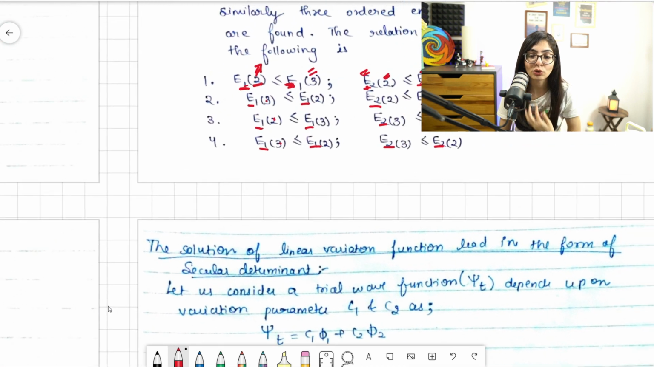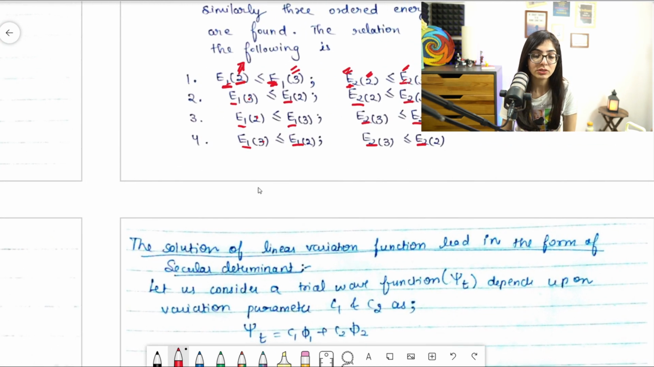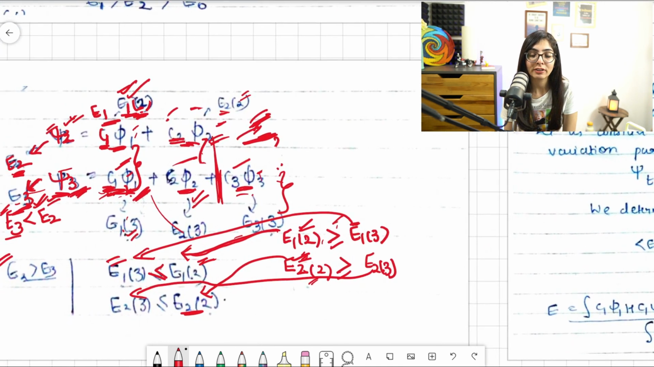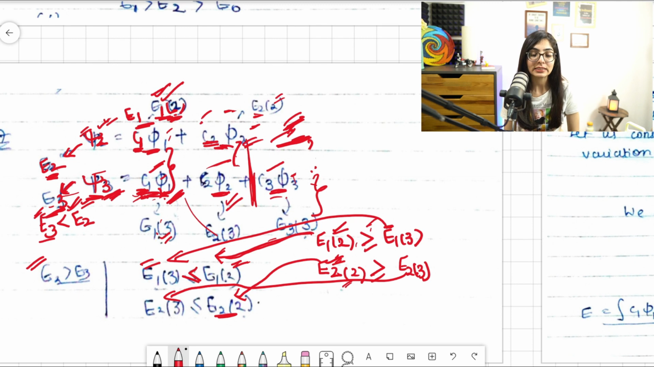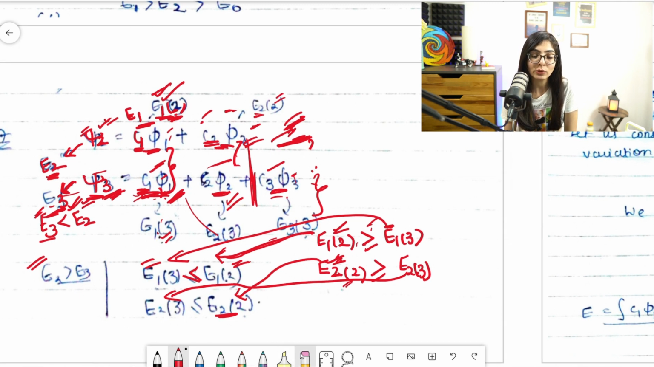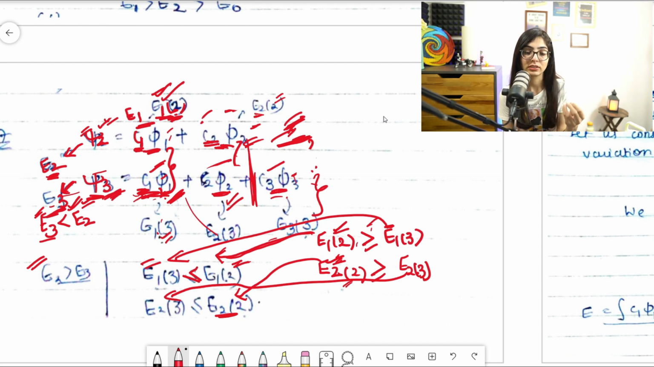Fourth option is the correct one. So I can say that fourth is the correct option. But if I look carefully, overall I want to cut my options, which options are correct or not correct. One thing I concluded earlier is that this E2 energy will be more